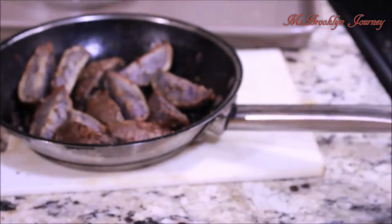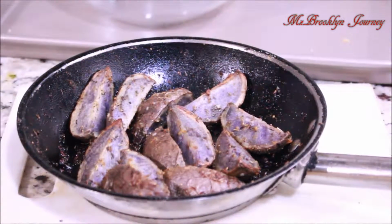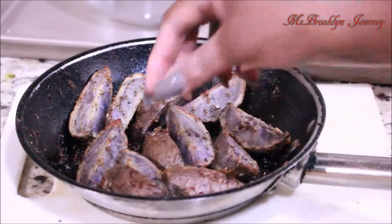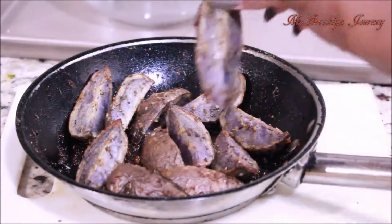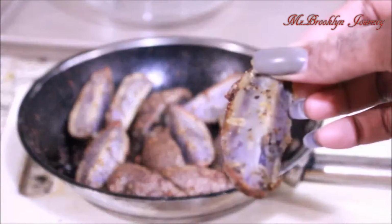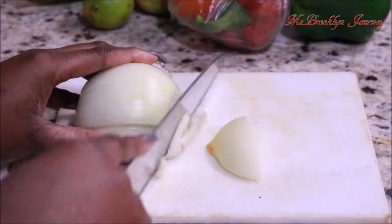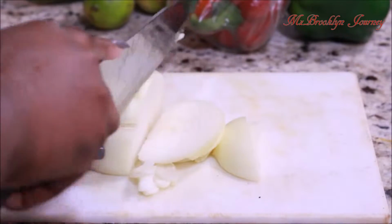Voila, all done. And I like how it had a nice crisp bottom, but if you pick up each potato wedge, oh my gosh, look at that. It's like a little slice of heaven because it has all this flavor packed in it and very low sodium. So right now, all I'm doing is chopping up my onions and peppers because I'm getting ready